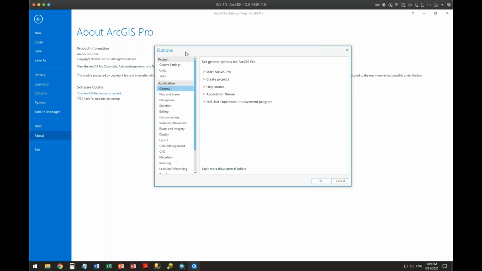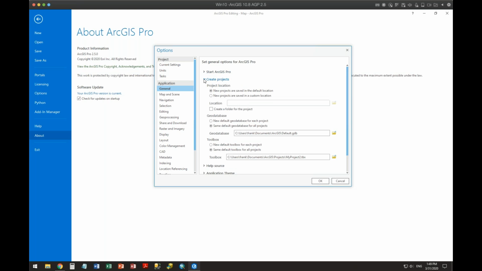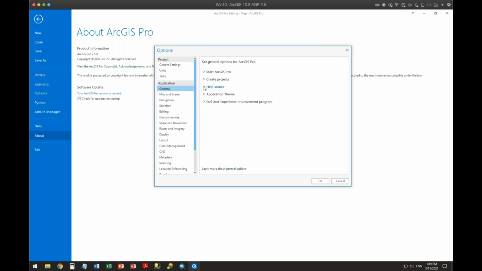Okay, so let's go more with this. Options. One of the things that's interesting is that if I click on application general, there's, when you start ArcGIS, what do you want to show? And what about projects? Where do you want the projects? I usually don't touch any of these, but this one here, the application theme, you can flip between a light theme or a dark theme. I wish there was something in the middle, but it's either bright white or darker charcoal gray.